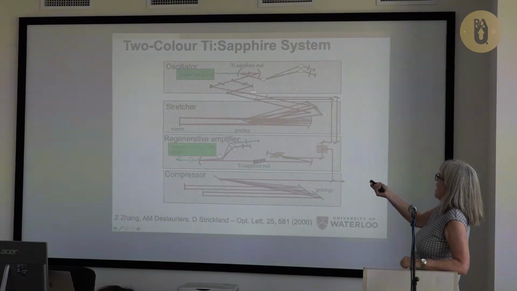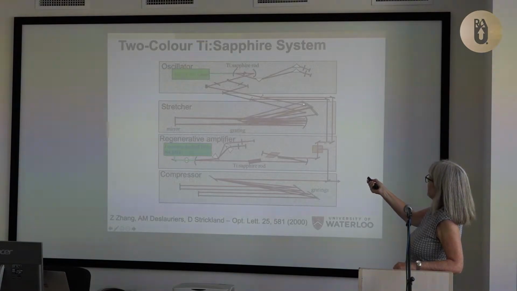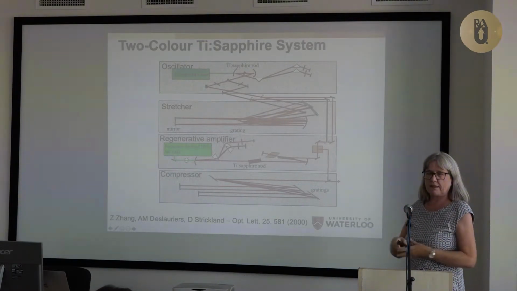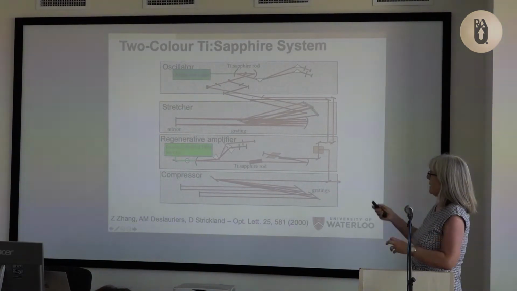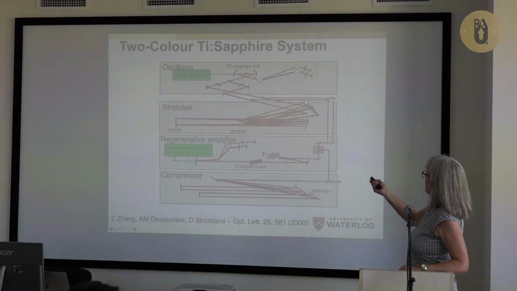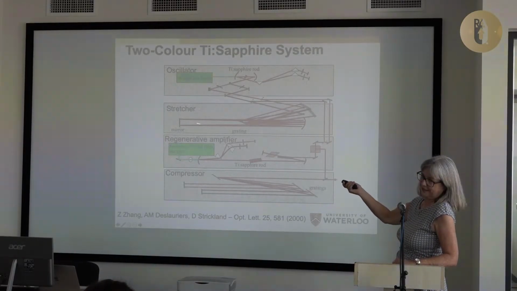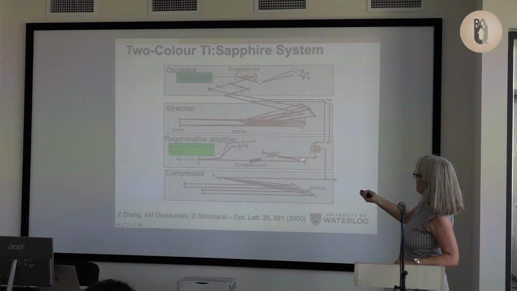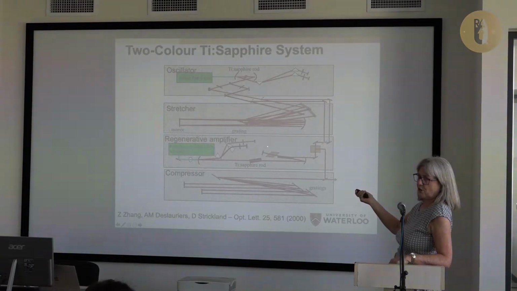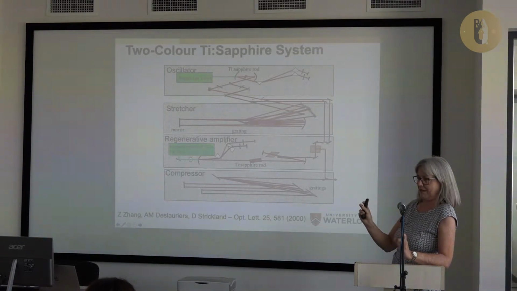So here we go. It's a standard oscillator, stretcher, amplifier, compressor, only we take the two colors that come out. We can't afford a grating where you would just have one beam with the two colors, because gratings get very expensive if they get big. So luckily our two colors come out of two different mirrors, and so we could put them at different angles, and we had to change this depending on what colors we wanted to work at, so that they would each go at their own angle to come off together. You go through the system and come off, collect it. We then would put them together, we'd amplify it. This is a standard amplifier that most CPAs would start with. All we did was in one of the arms put prisms again with slits to say these are the only two colors to amplify.